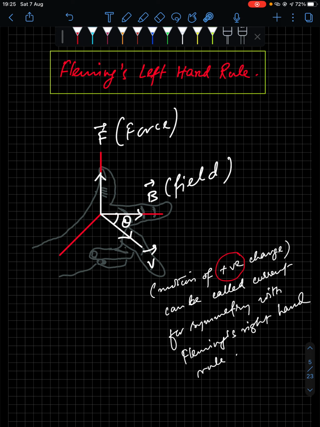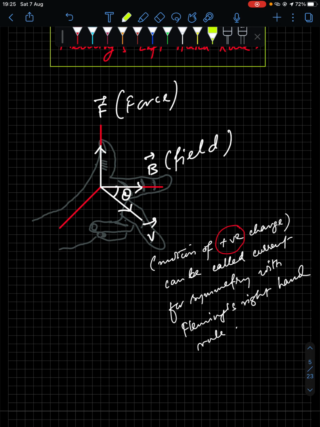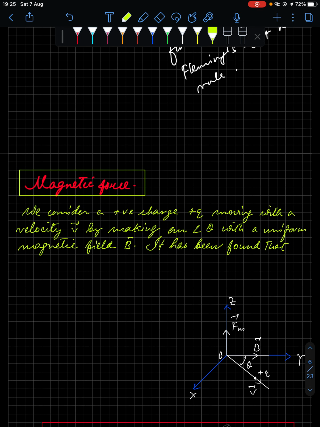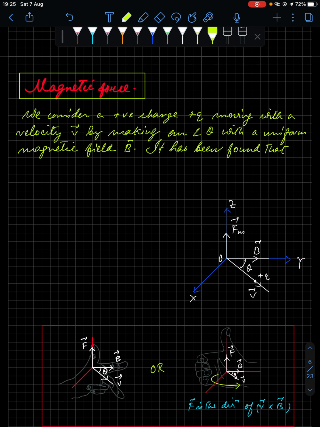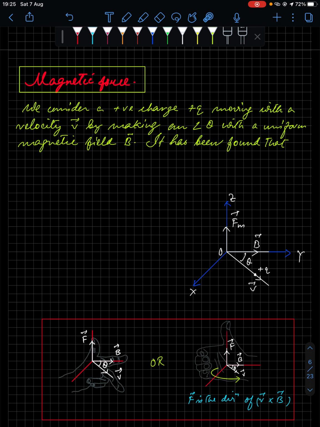So whenever a charged particle moves in a magnetic field, the charged particle will experience a magnetic force. Now this magnetic force direction will be represented by the thumb. If I repeat it again, if you fix the index finger along the direction of the magnetic field, and the middle finger along the direction of the motion of positive charge, then the thumb will show you the direction of the magnetic force. It's pretty simple, but when you apply this, you have to be very careful.